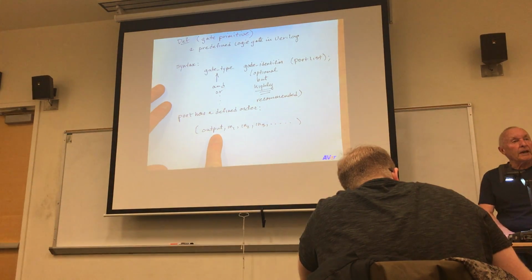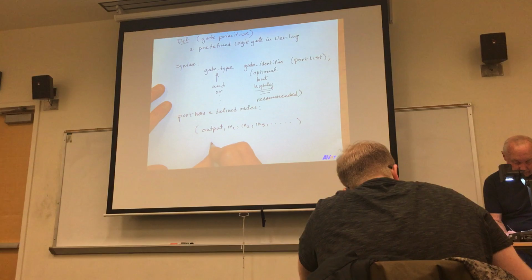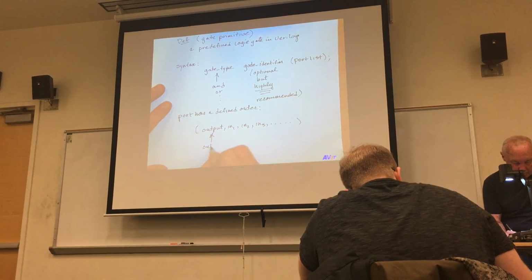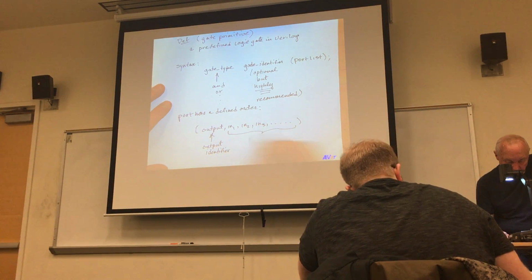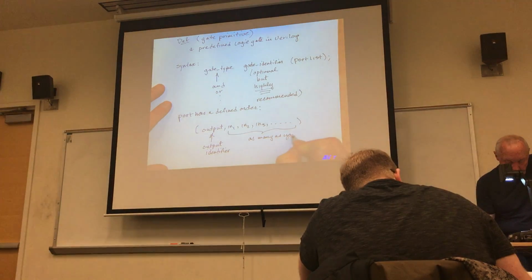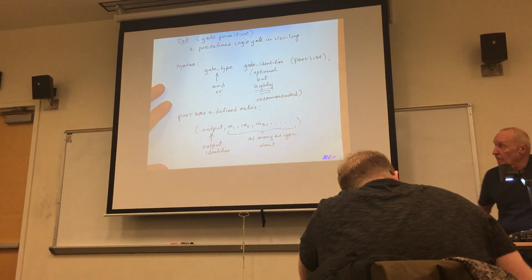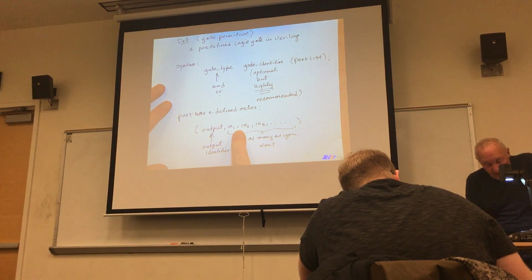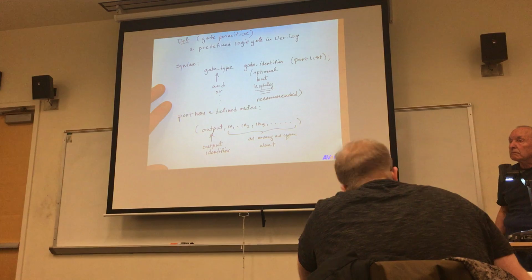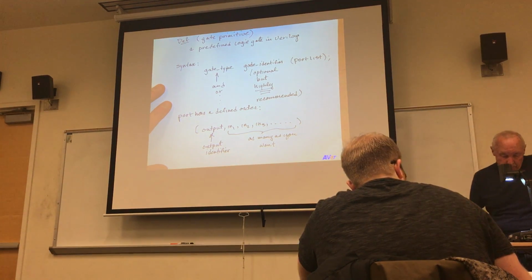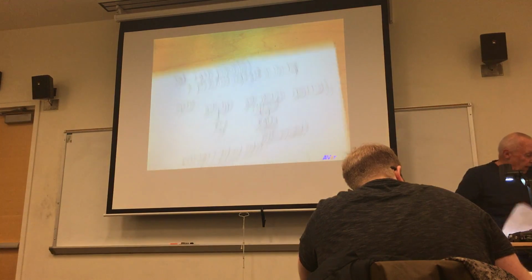The first entry in here is always the output identifier. And I'll show you an example in just a moment. And then anything else that you put in this port list is interpreted to be an input. Okay? So, as an example,